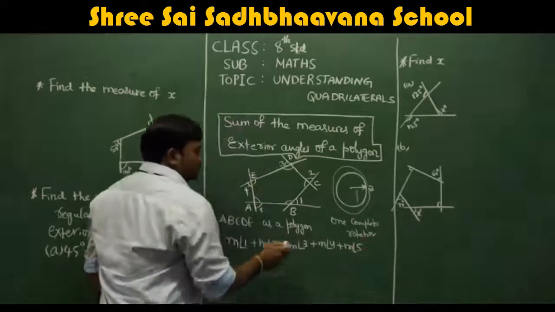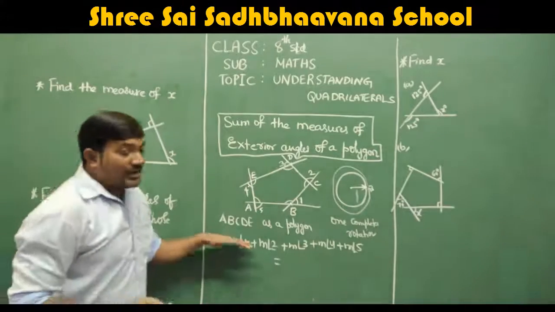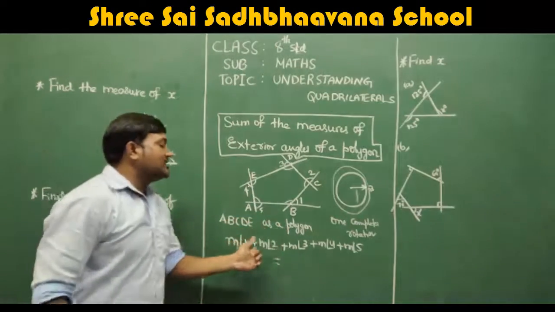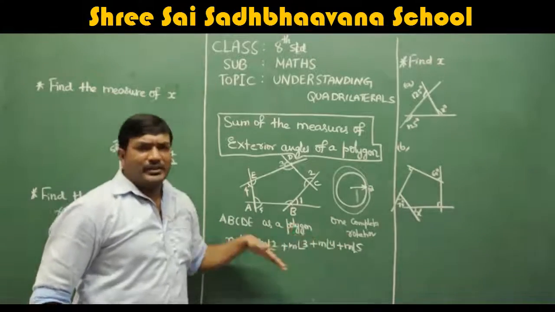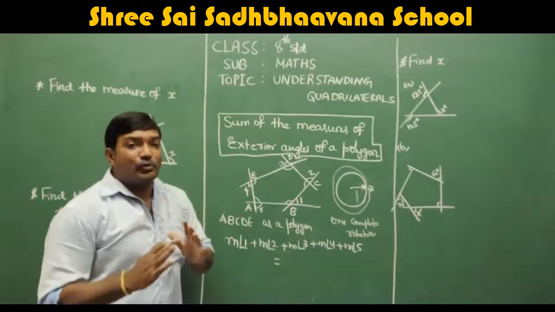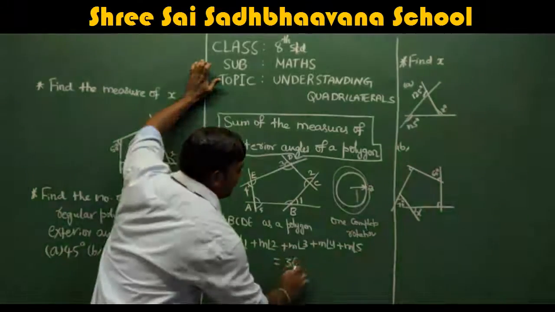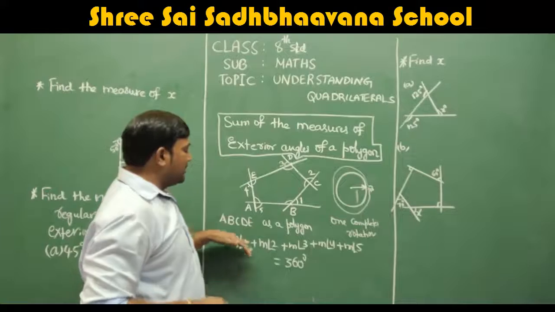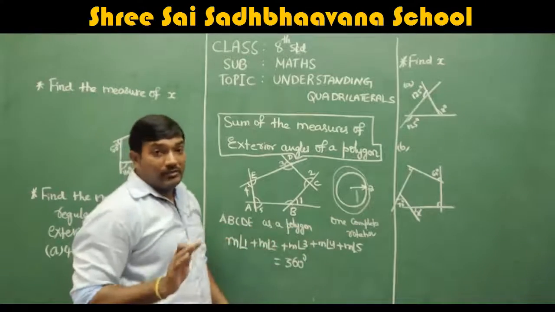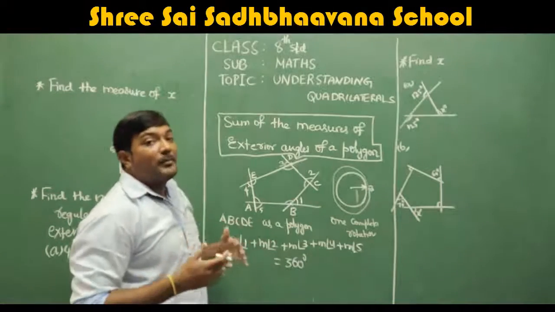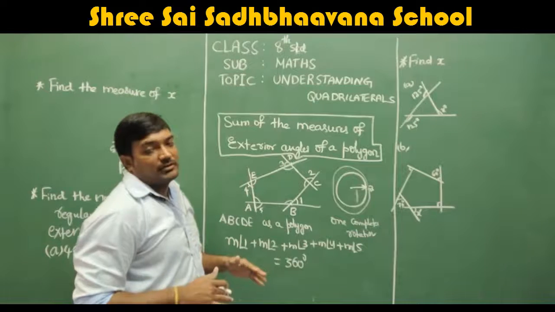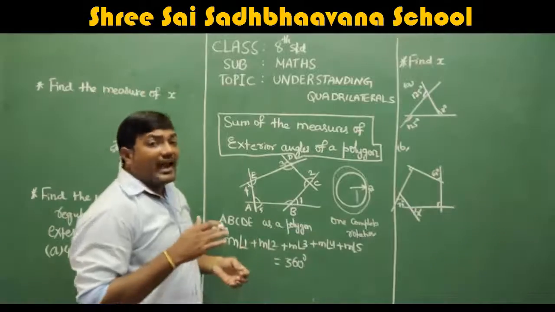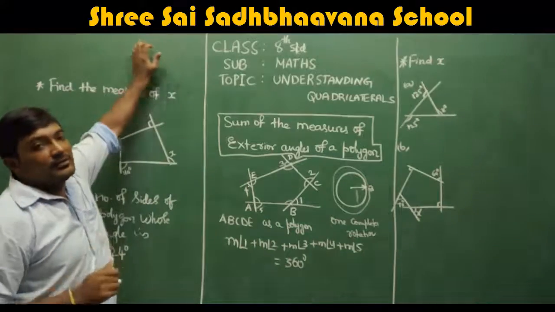It means if you measure the angles, the total I am telling you should be 360. It may be like 60, 70, 30, 40, 80, anything. But remember, as a total, you should get 360 degrees. That is the only thing you know. Don't think that only this one is 360 and the remaining are all 0 degrees. It's not like that. The angle sum of all the exterior angles should be 360. One may be 70, one may be 50, one may be 30, anything. But as a total, you should get 360.